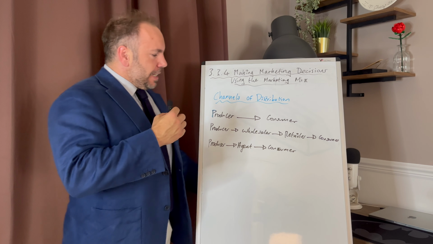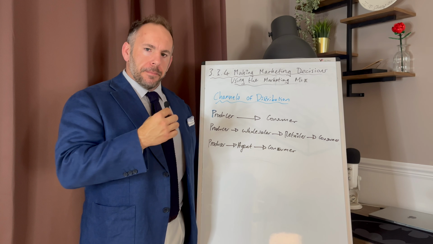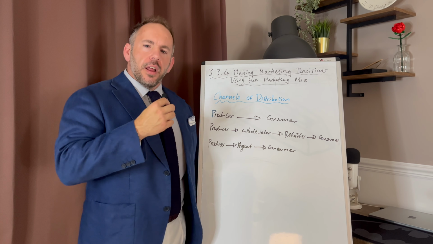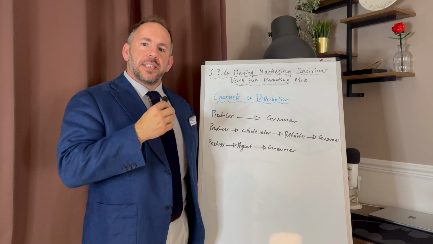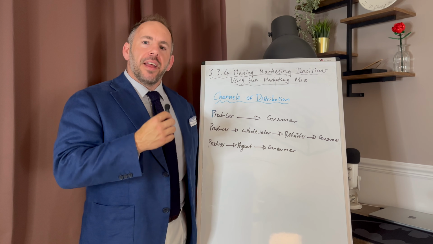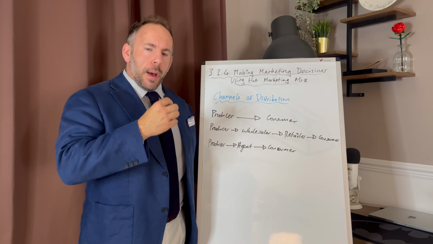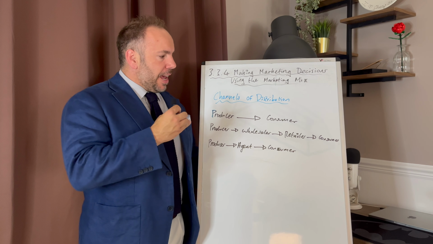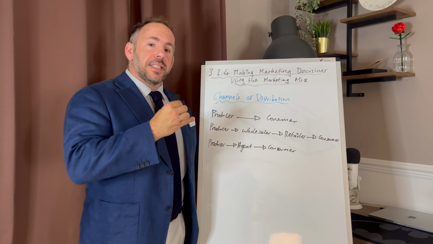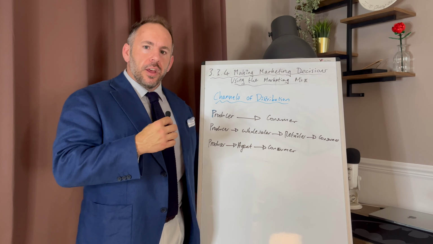The next one down is producer, wholesaler, retailer, and then consumer. So if we work from this side, the producer is obviously the person who produces the products. A wholesaler is a type of business that buys products from multiple producers in massive bulk. They then break the bulk, that's important, they break the bulk into smaller manageable units. They then sell to retailers, which are shops, okay? And those shops then sell them to the consumers. That is a very traditional way of doing business, okay?